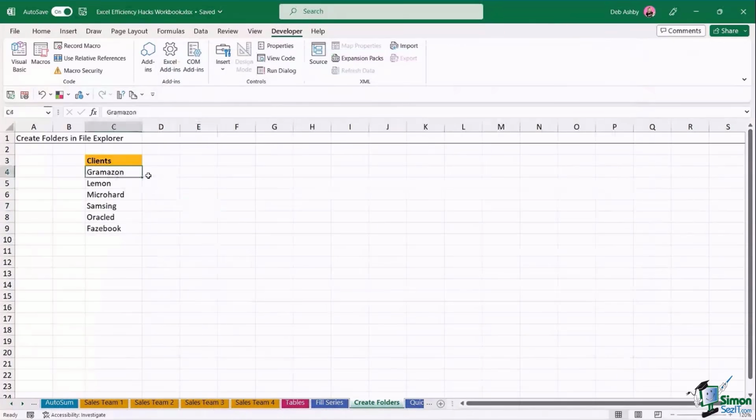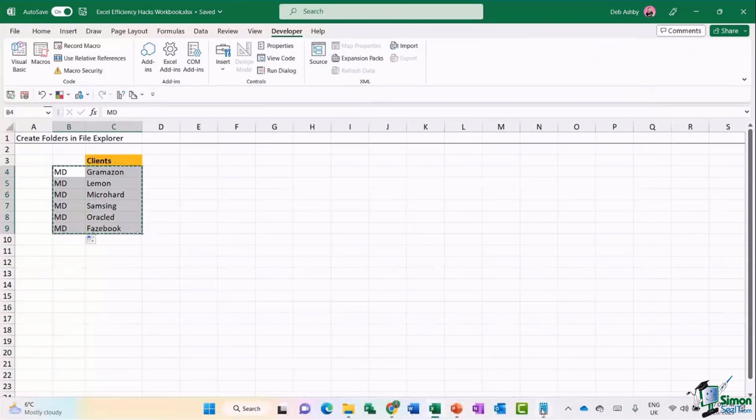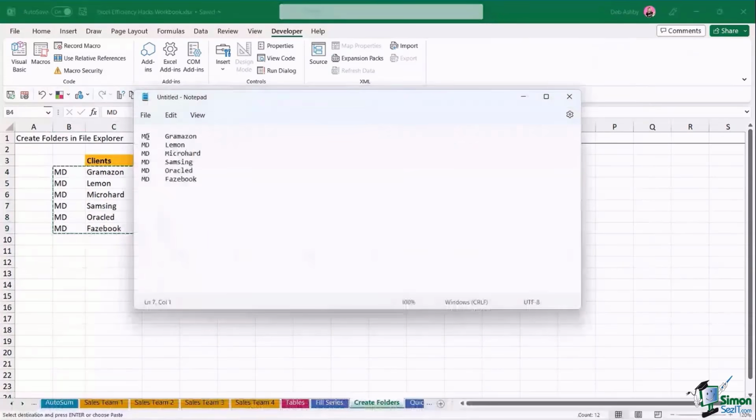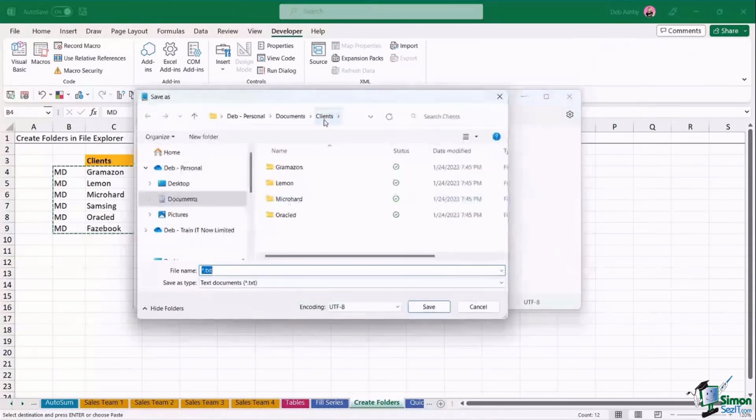What I could do is I could simply add onto the front of here, MD. I'm going to drag this down. And then I'm going to copy the MD and the name of the folder, Control C, and we're going to paste them into Notepad. So I already have Notepad open just here. Control V to paste. And then all we need to do is save this